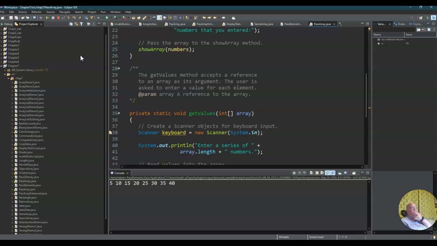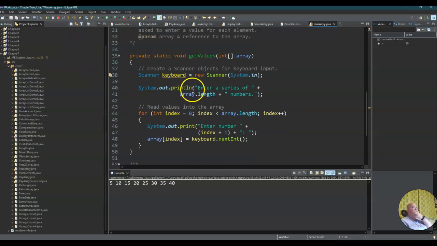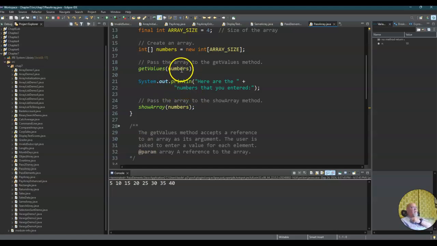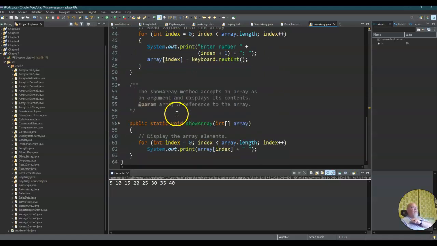That makes more sense. Okay, so now when we come back, this numbers has been loaded, and then it says here are the numbers you entered, and we're going to call show array and pass the same array down here to show array. So we receive it as int, left and right square bracket array, and then we go through the for loop. So we set the index equals 0. While index is less than array.length, which is 4, we're going to come to this loop,